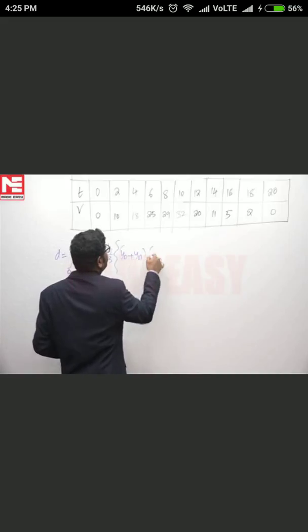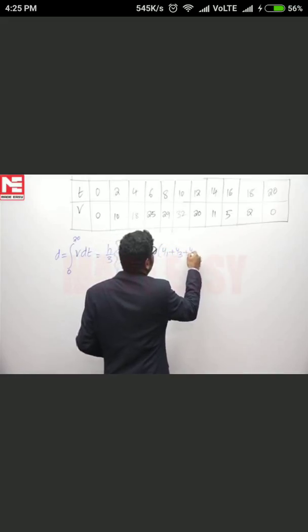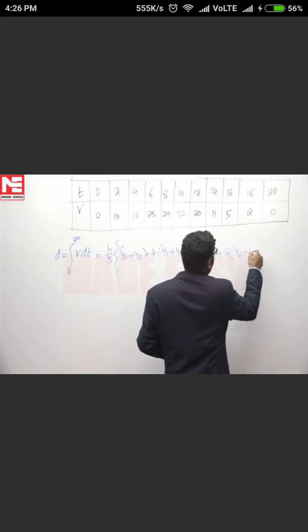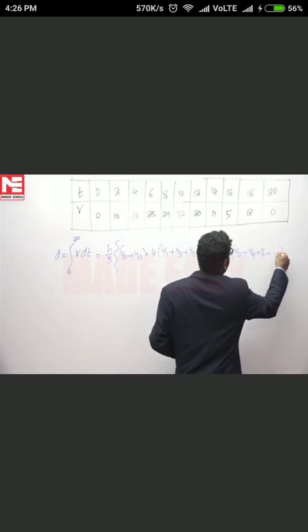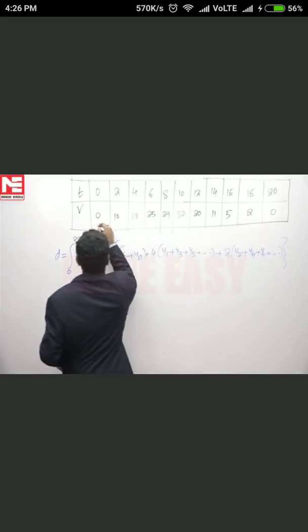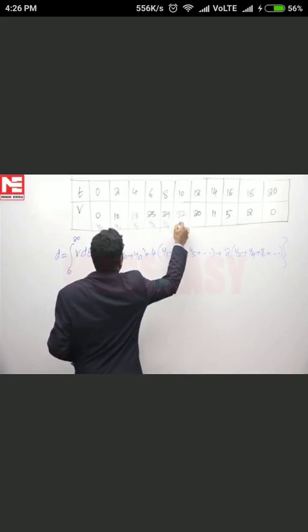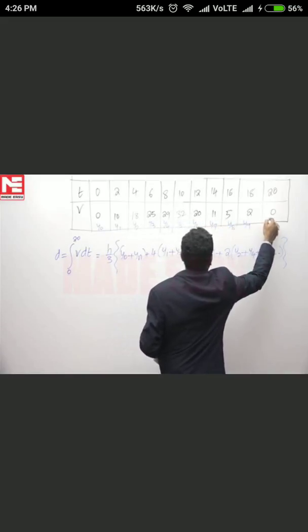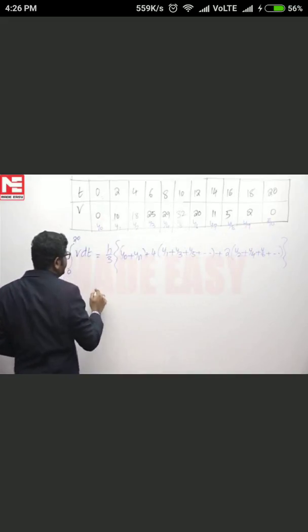Now by Simpson's 1/3 rule, h by 3 of y naught plus yn plus 4 into odd y1, y3, y5 and so on, plus 2 into even y2, y4, y6 and so on. Now this is y0, y1, y2, y3, y4, y5, y6, y7, y8, y9, y10. Now h is width 2 units, so 2 by 3